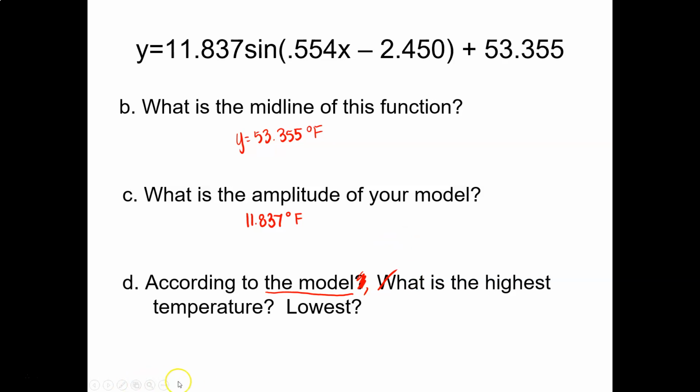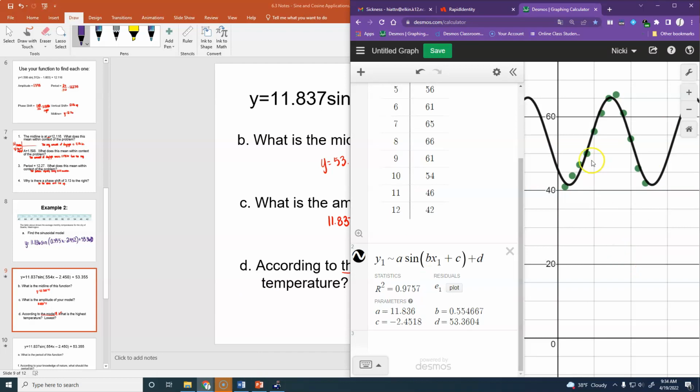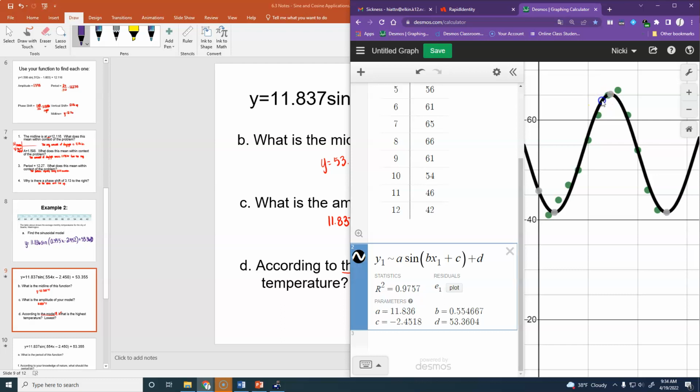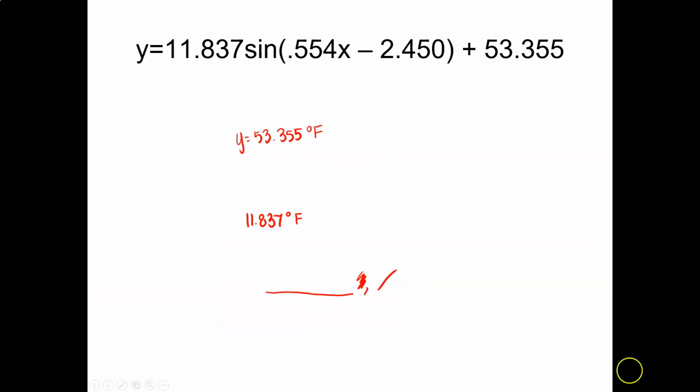If you did this in Desmos, there is another advantage to Desmos here. You can actually do this without really thinking very much, because it's going to give you a dot at that maximum point, which is 65.196. It's also going to give you a dot at those minimum points, and you'll get 41.524. But let's say that you did not use Desmos, or that for whatever reason it shows up when you can't use it. I don't think you'll see that for me, but